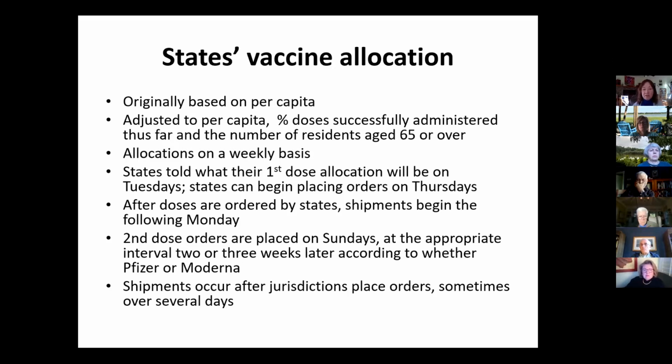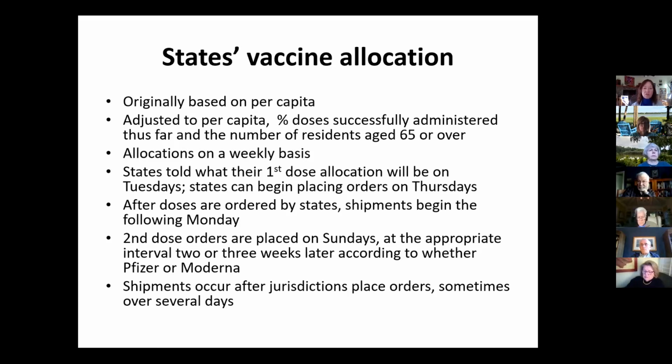Allocations are made on a weekly basis, and this is confusing, but I thought you might want to know how this works, because one of the frustrations has been that we don't know how much vaccine we're going to get until just a few days before we get it. And that frustration, I know, goes downstream to the vaccine providers. We've got vaccine providers all over the state, more than 1,000 locations, but not all of them have vaccine right now. And they want to know, when are we going to get our vaccine? Our locals want to know. When we don't know how much we're going to get until a few days before, we don't know how much we're going to be able to send out.